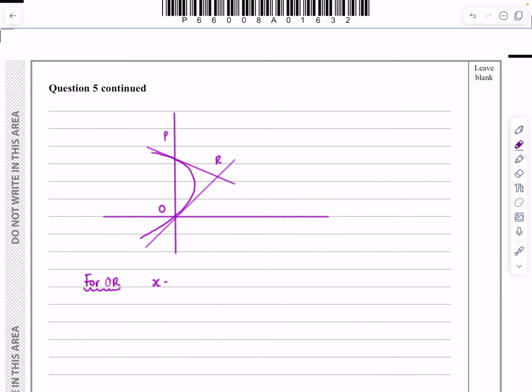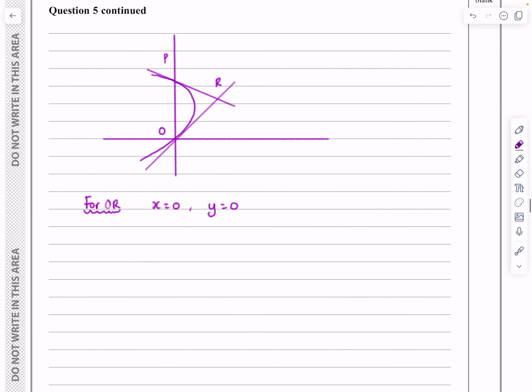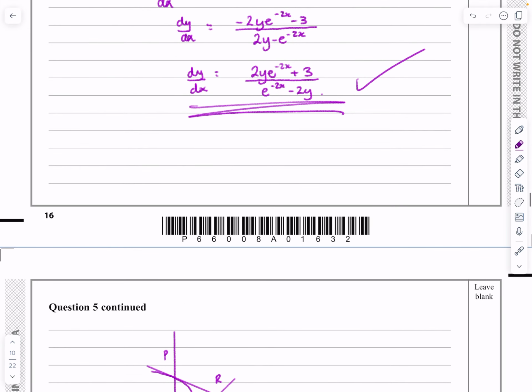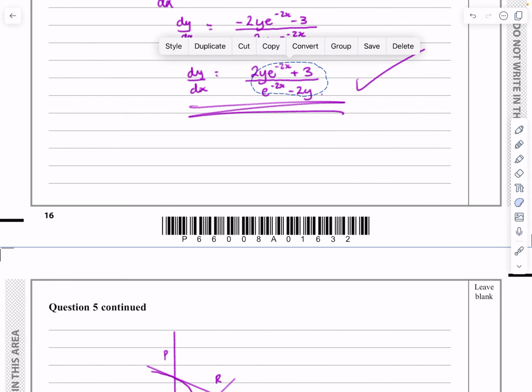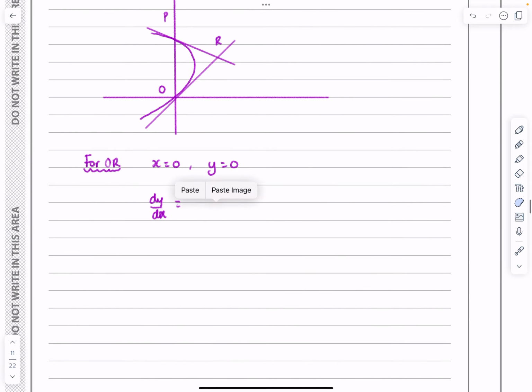we've got that x equals 0 when y equals 0. So what I can do is I can use the fact that dy by dx is equal to whatever it was up there. Just going to copy that over. dy by dx is equal to that. So what I can do is I can find the gradient at the point 0, 0. So at the point 0, 0, dy by dx, which will equal the gradient of the curve, is equal to 2 lots of 0